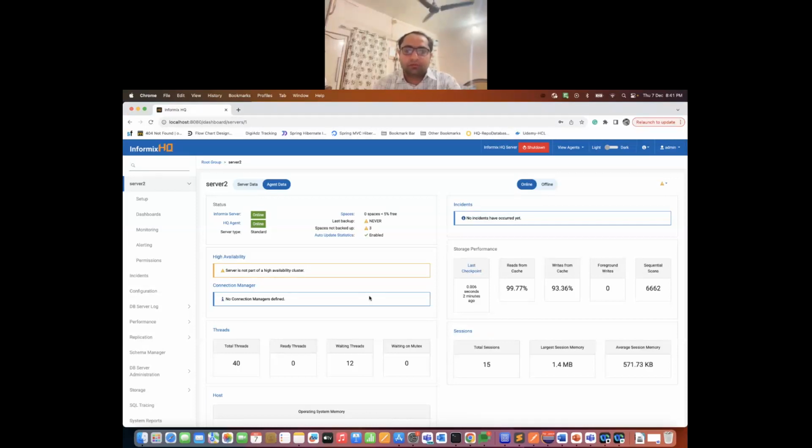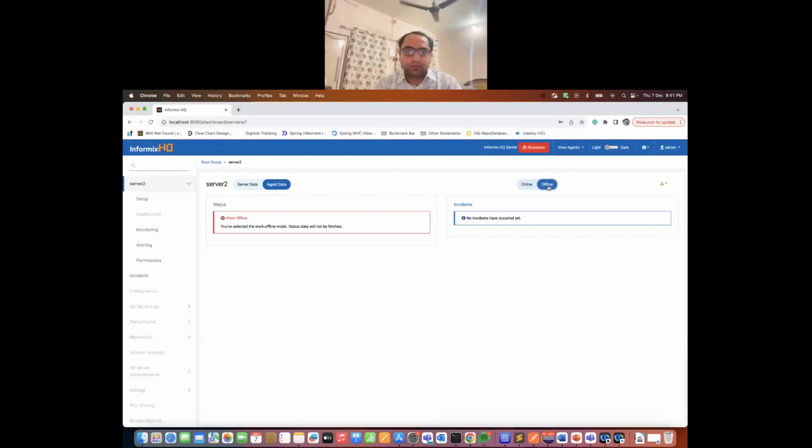Now what if the user wants to work offline? As soon as the user toggles to work offline, all the connections to the Informix HQ server as well as the Informix HQ agent will be disconnected. So once I say offline, and if I go here, see,